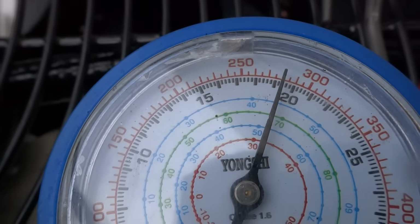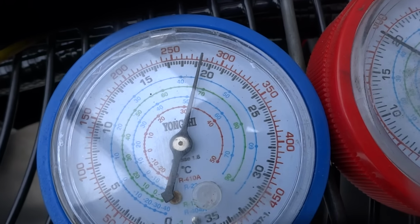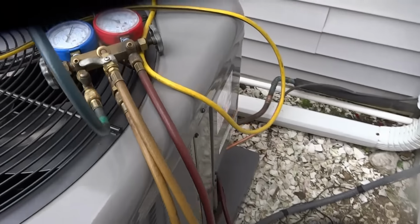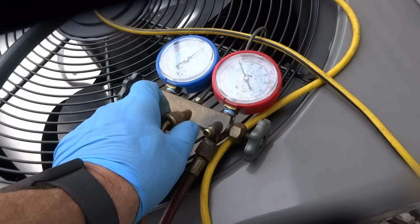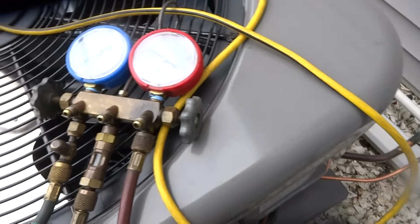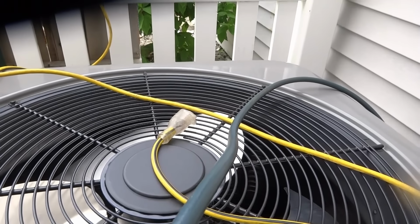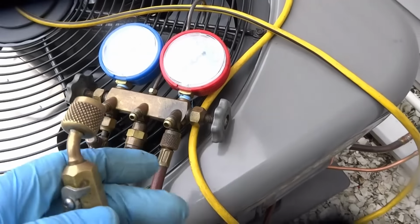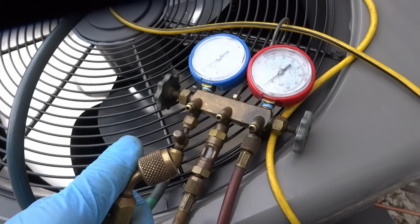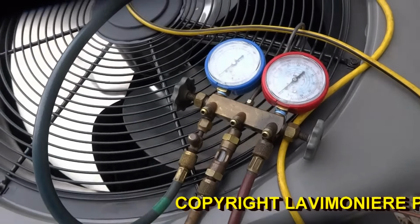It's 280. 50, 60, 70, 280. It's been about 10-15 minutes. The thing's staying right there, so I can put my vacuum on it. She's not leaking. Just dry nitrogen, so pull that out. Put the vacuum on it. I'll pull a good vacuum on it while I'm doing the